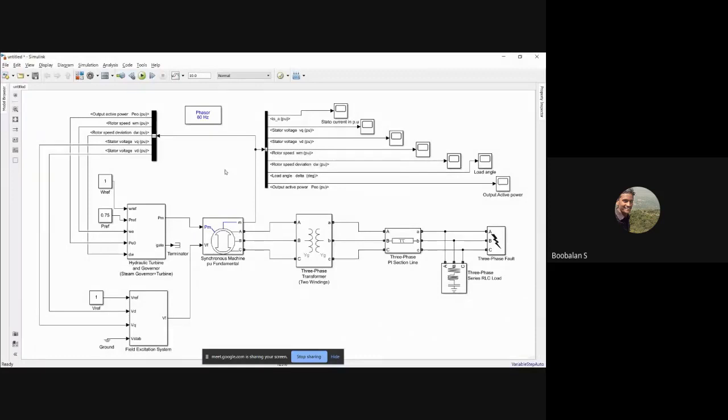Yeah. Now we have just completed our Simulink model, right? And now we need to configure these parameters. Before configuring these parameters, we'll check what things are available over here.